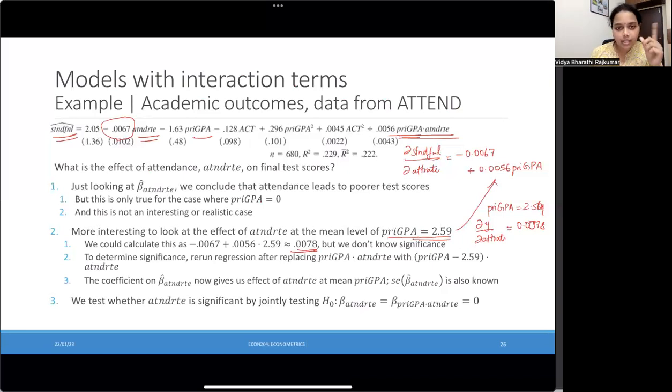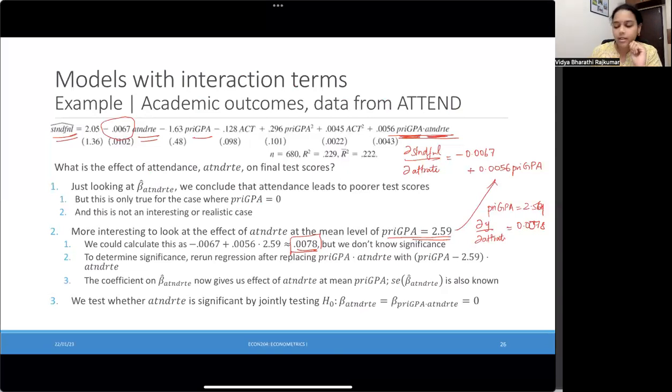This is a different interpretation to what we had earlier. Now, how significant is this statistically? Well, for that, I need to know the standard error of that estimate. But I can't find that from the regression that we have run on the slide here. So, in order to comment on the significance of this number, 0.0078, meaning what's the value of increasing attendance rate